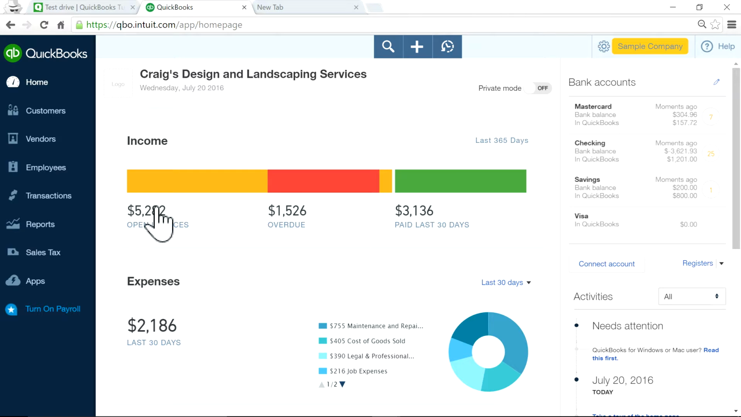Then we have open invoices here. You created invoices and the customer hasn't paid it. Open invoices, and then out of this is overdue. It means you invoiced it and you gave 30 days terms and they haven't paid it. And this is the paid last 30 days for cash flow in here. It tells you how much money you received